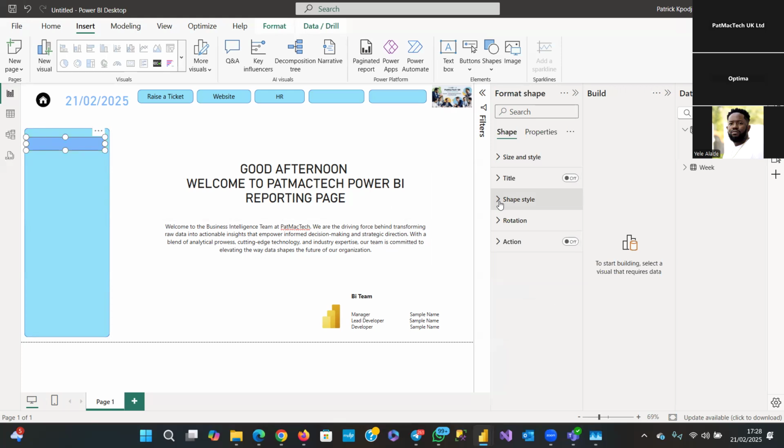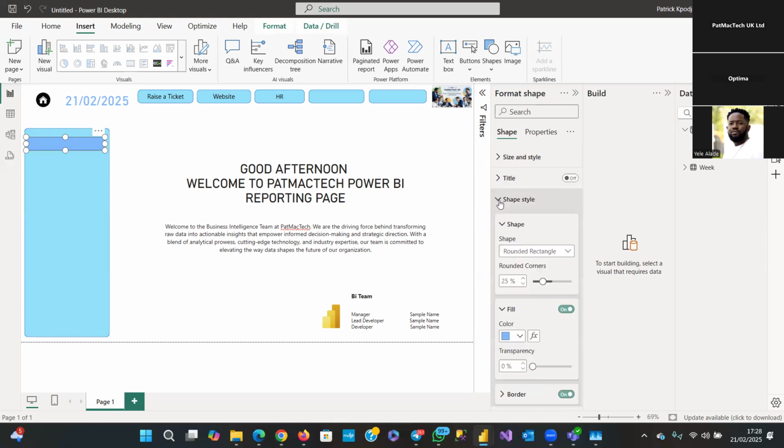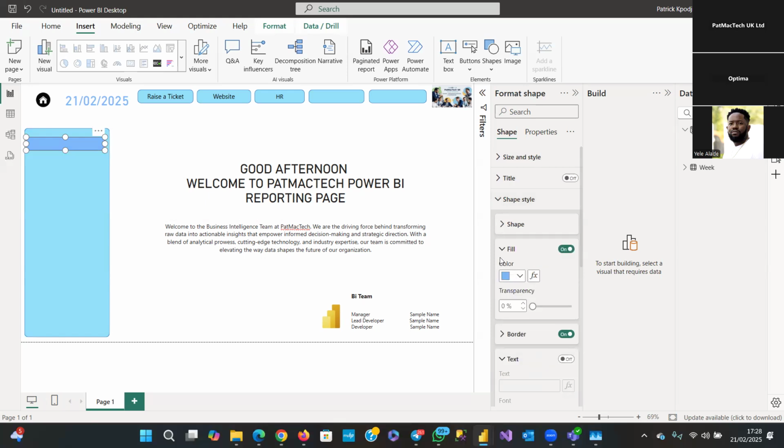So let us assume that you have so many departments. So this is going to be the identification for the departments that are in your company. So instead of giving it a title, I'll come to the shape style. Let me collapse the fill, and then turn on the text. And then I would say that let me call this the